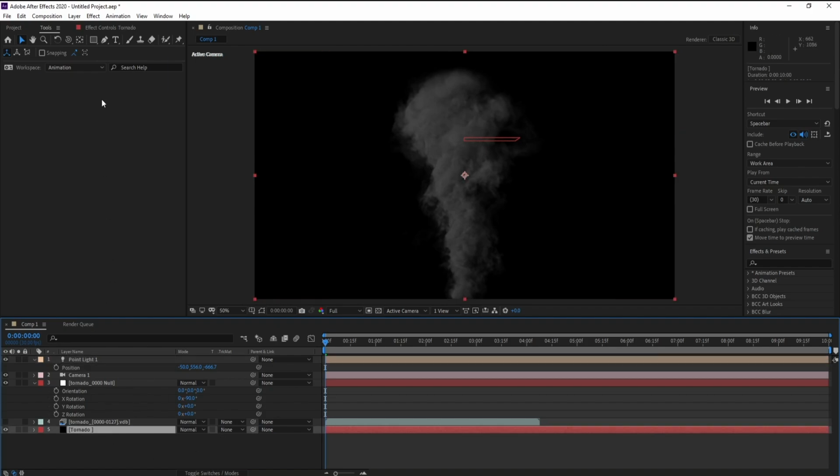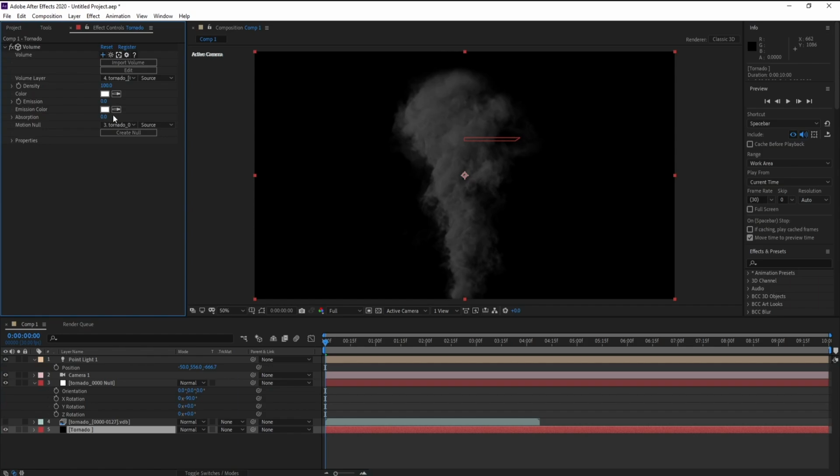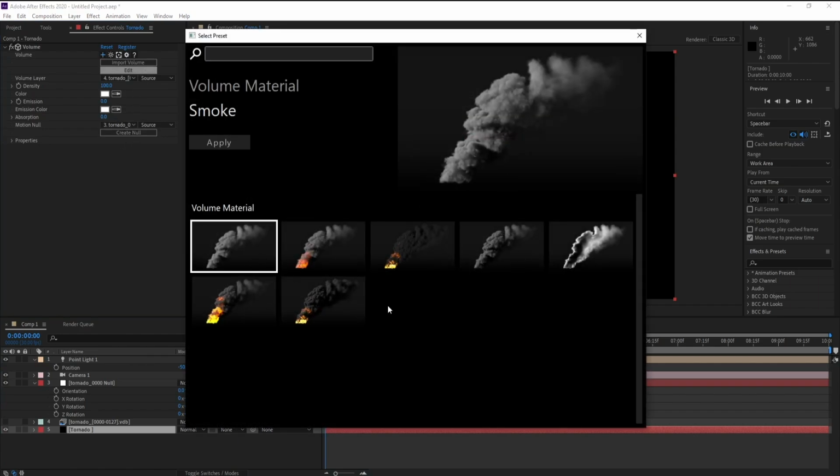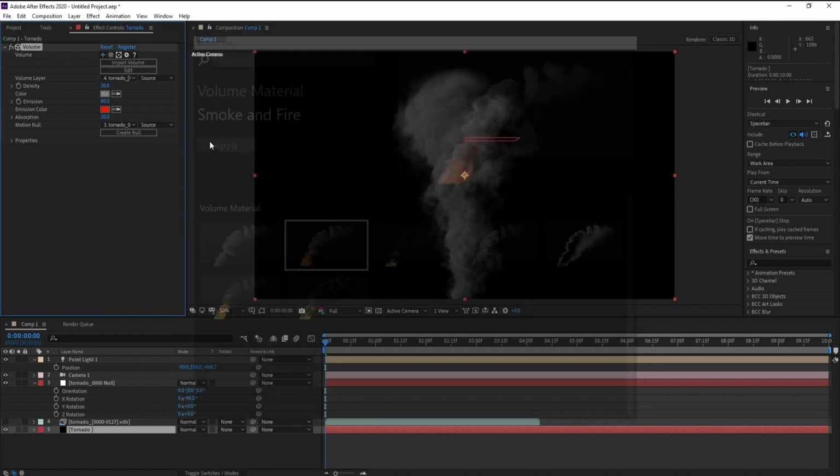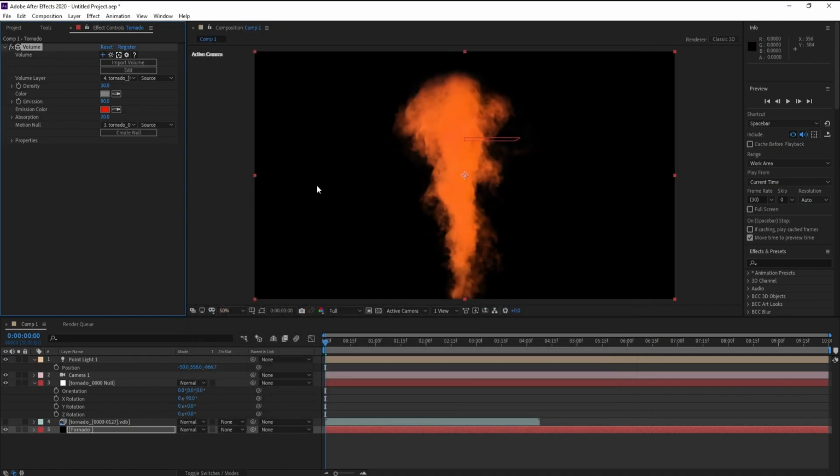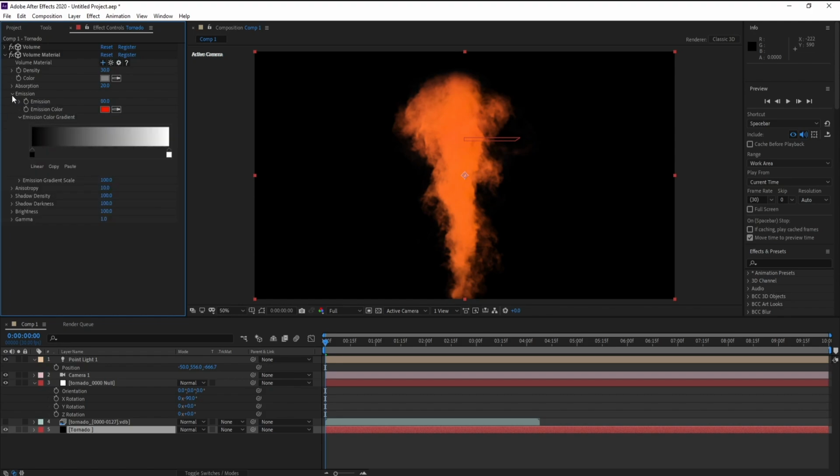Now I'll go to tornado effect, then I'll go to edit and choose anyone. I'll choose this one and apply. Okay, so now I'll go to properties and check material and click here and see. Now we have volume material. Okay, so now I'll go to emission, open emission, and